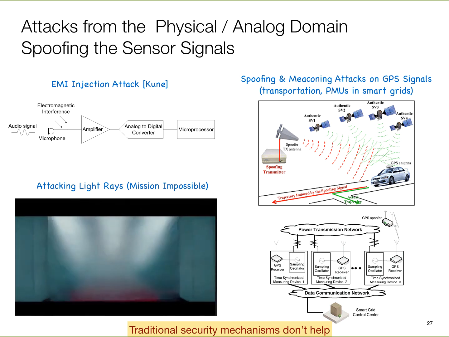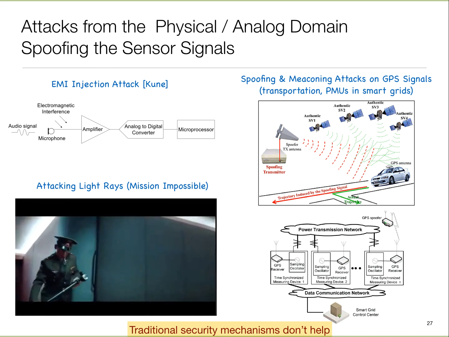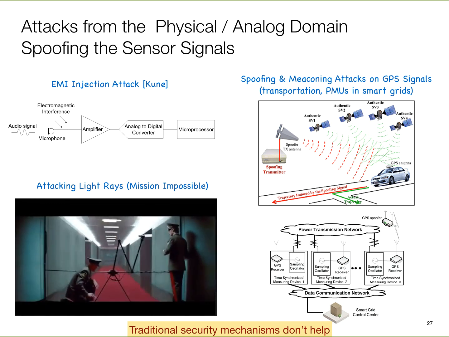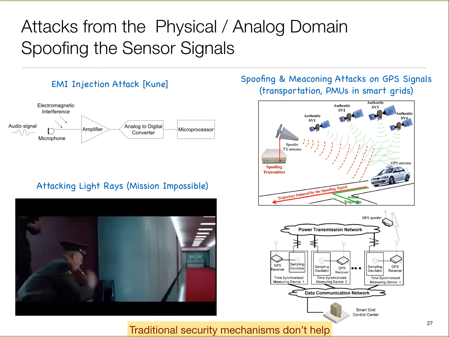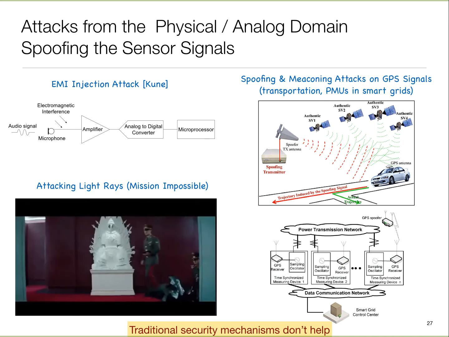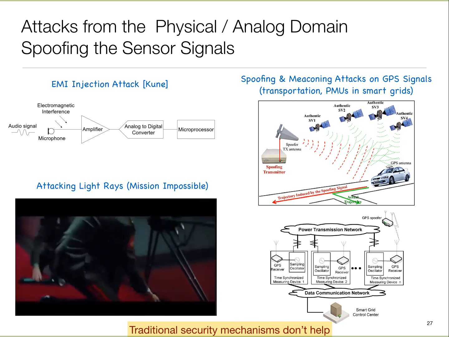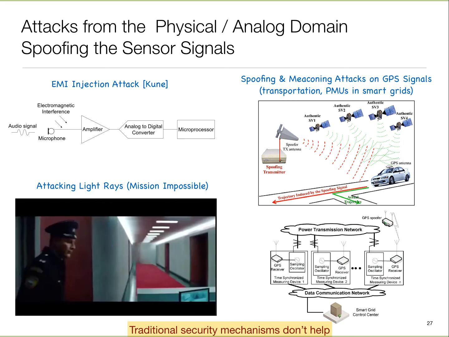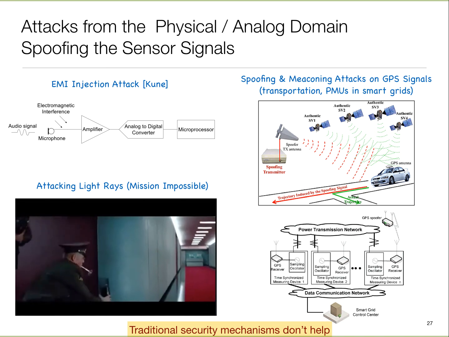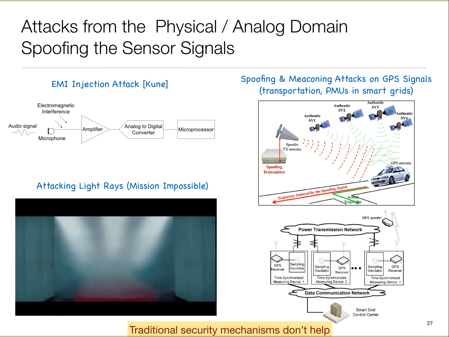One is that smart grids use these sensors called PMUs, which stands for phasor measurement unit. What these phasor measurement units do is measure the phase of the AC signal, the voltage and the current. The relative phase of voltage and current tells something about the load on the grid, and that's how they control the generation. To be able to do this, they have PMUs all over the grid.